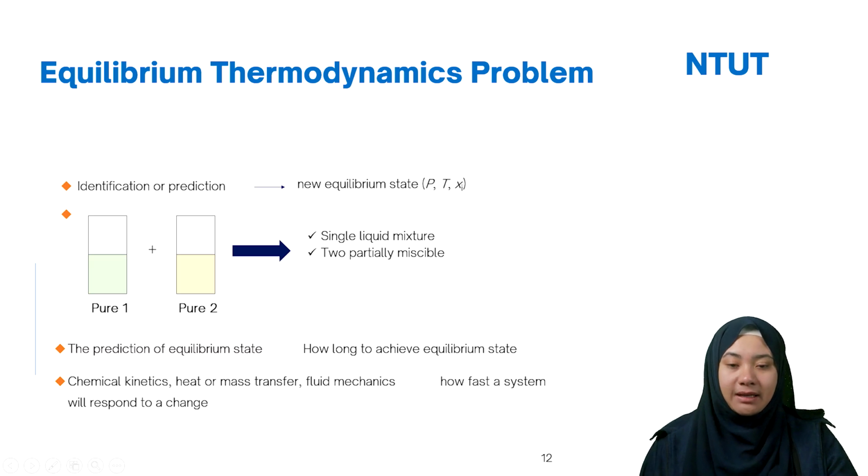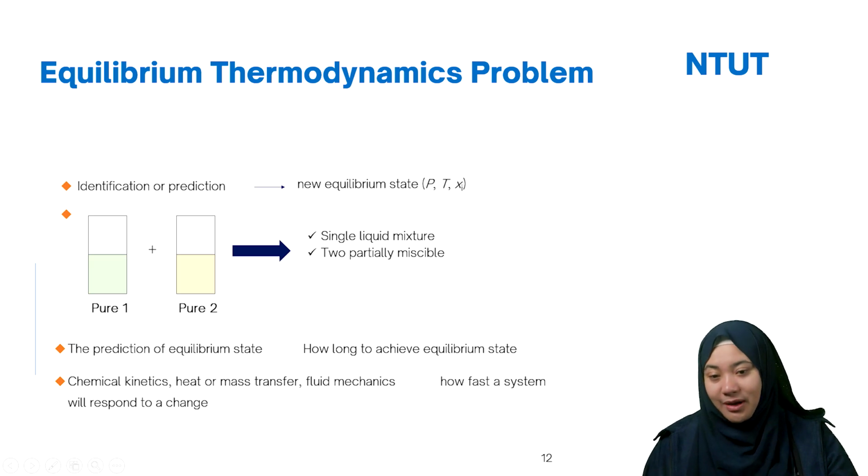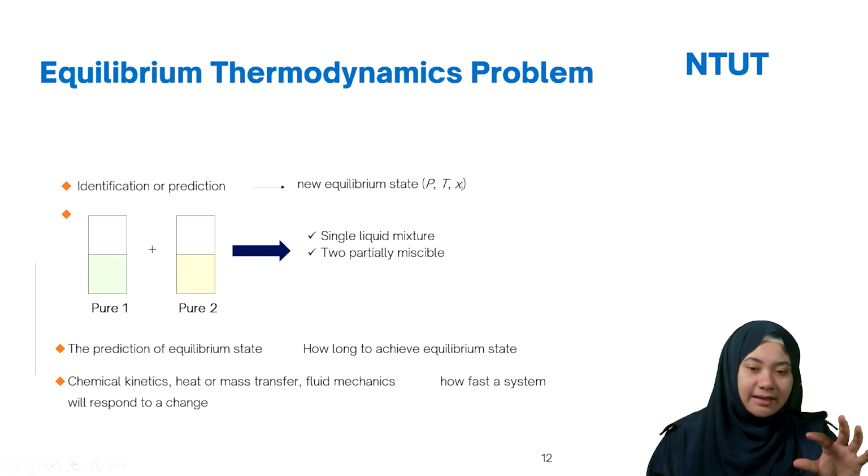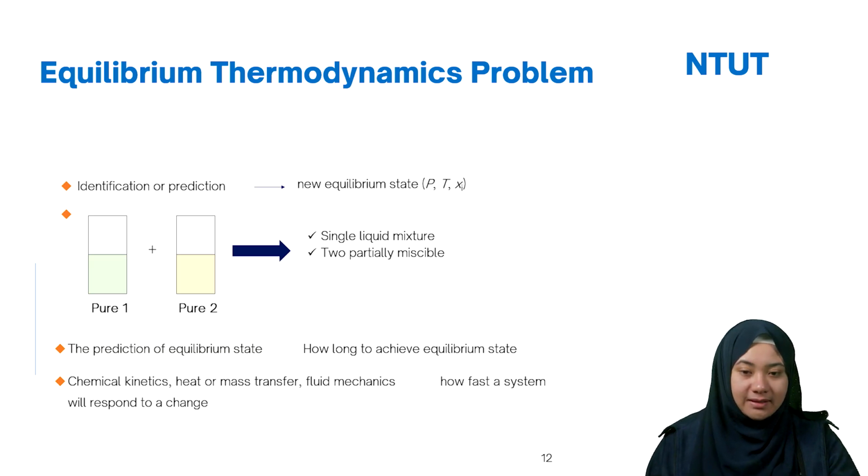For example, here we have the equilibrium state. We have the pressure, we have the temperature, we have the mole fraction. So I have two kinds of pure compound. I have here ethanol with perhaps methanol. So I want to mix them, or ethanol and water. And then you will see whether I find two phases or one phase. It's not every case, even though they are liquid, that they can dissolve each other.